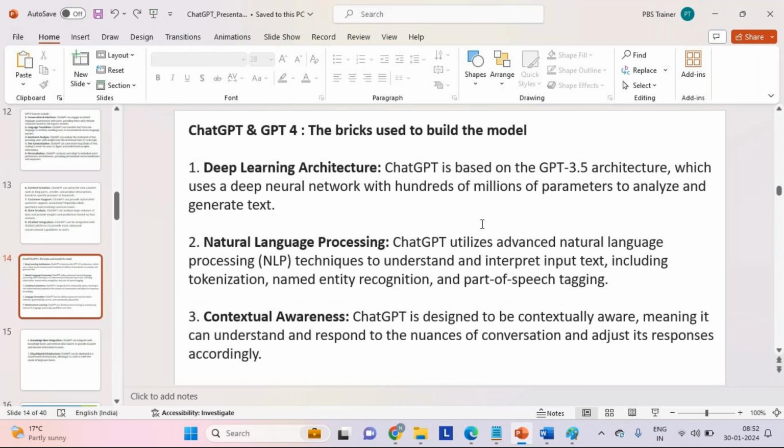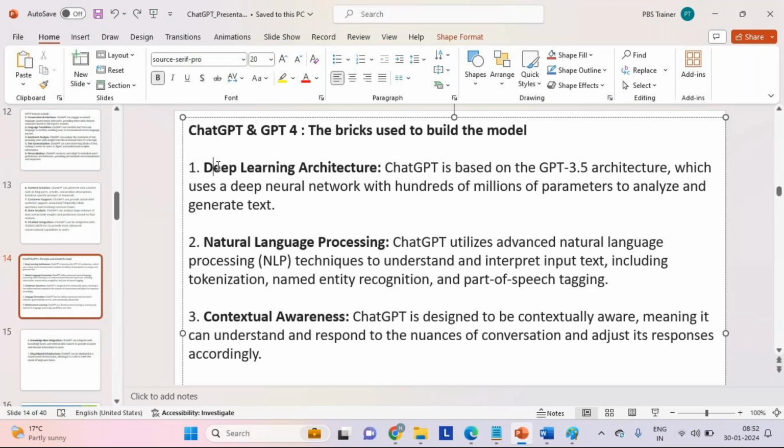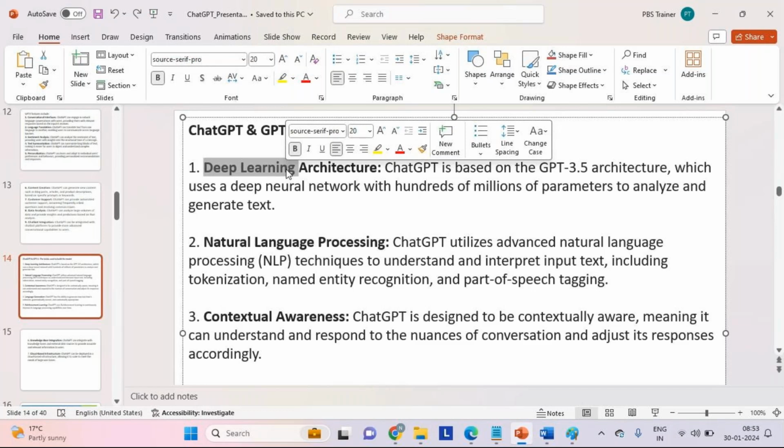how we can start understanding the model associated with the chatbot, which means the underlying architecture of ChatGPT. What is it going to use with respect to processing? Are we going to make use of deep learning? Remember, guys, there are different machine learning techniques that we have as part of data science. One of them is the deep learning technique, which will make use of what I call a neural network.